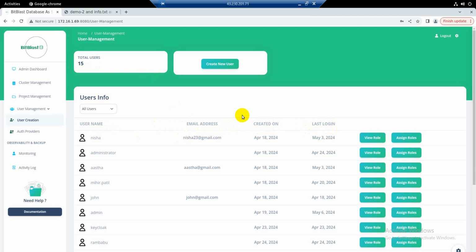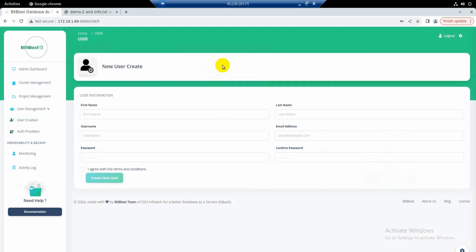Now, want to add a new member to your team? The Create New User button allows admin to seamlessly add a new user. Clicking on it opens a form where admin can input information such as first name,